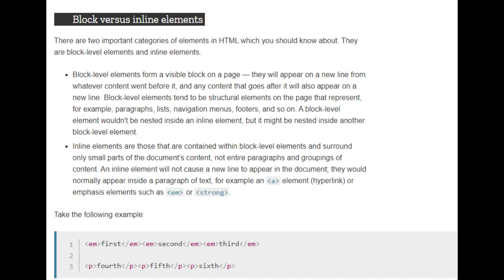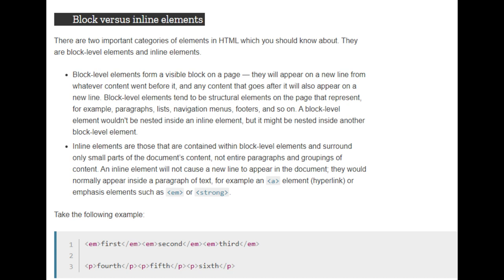At the same time, inline elements are those like this one, meaning in one line basically, as a layman would say. You can see here that this is one text, and some of the words are emphasized, or suppose a strong tag is used on some of the words. All this will be inline, as you can see here. So some of the technical terms, if you read the documentation carefully, you will find all these things, I believe.